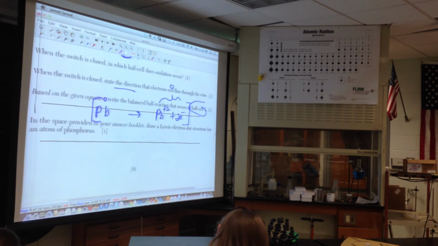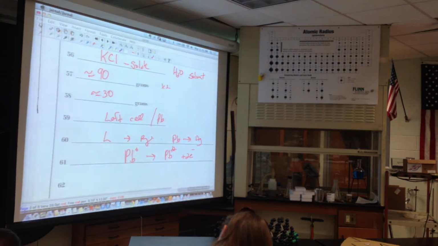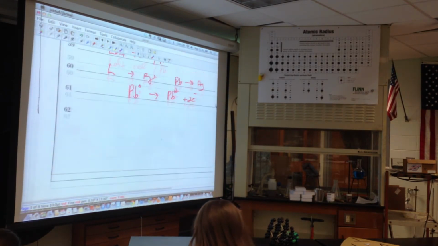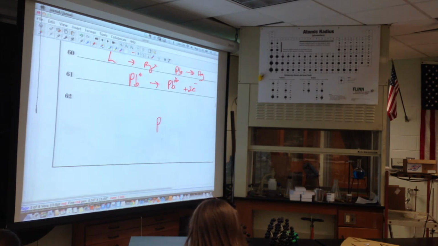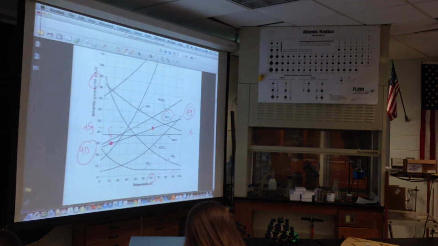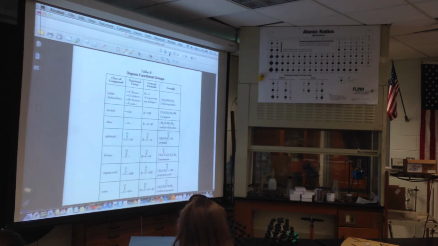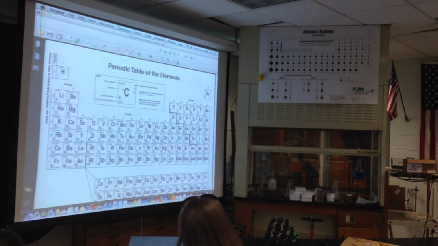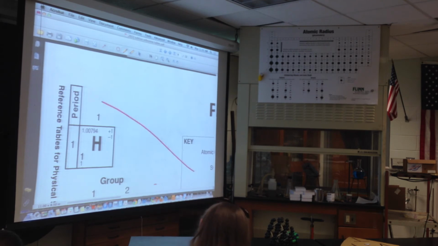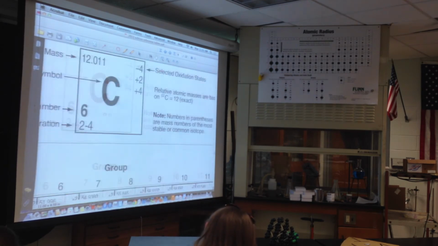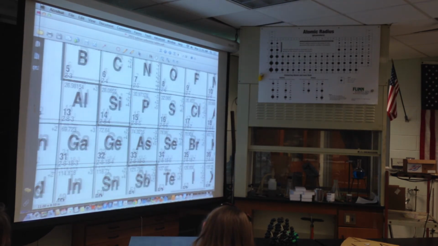Draw a Lewis dot diagram for an atom of phosphorus. Wow, really? Now phosphorus is P, not K. And if you go to the reference table, which is a good place to start to know its valence electrons, because valence electrons are those electrons available for bonding. So you've got to draw the number of dots that represent valence. That's the key here. So P